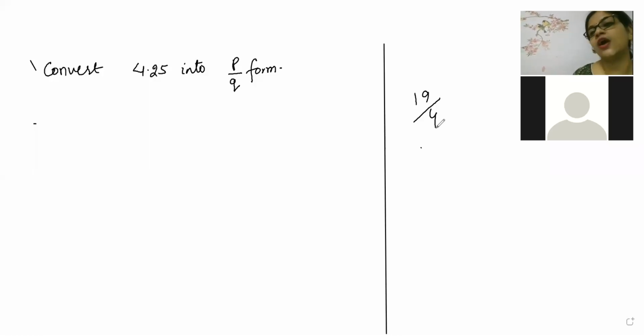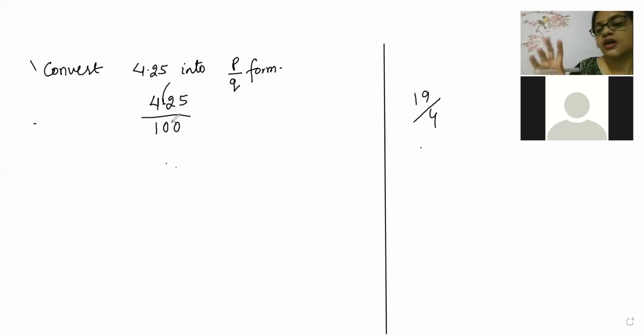Now, Krishna, look here. How to solve this question? Everyone, focus here. 4.25 is there. Beta, after the decimal, how many numbers are there? Two numbers. So we will cut the decimal and write two zeros. As many numbers as there are, that many zeros will go down. So, Keshav, you were correct. Very good, Naresh. Very good, Avinash.